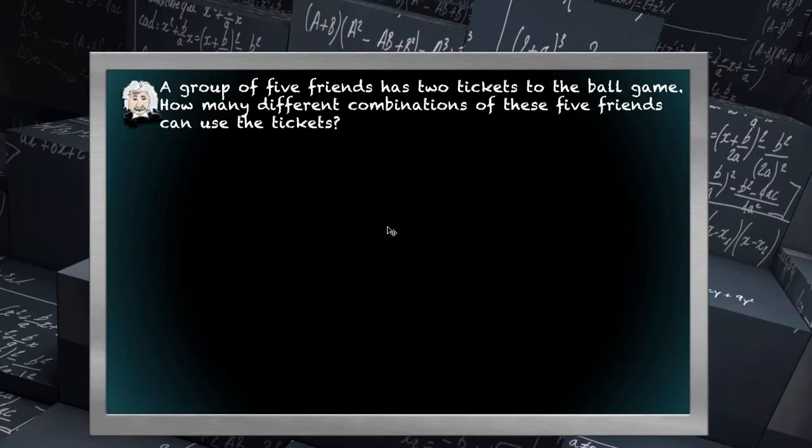A group of 5 friends has 2 tickets to the ball game. How many different combinations of these 5 friends can use the tickets? Okay, this is also a counting problem. It's requiring us to count the possible number of ways or combinations to arrange these tickets, which is really a